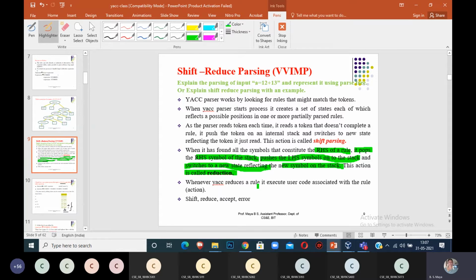When it has found all the symbols that constitute the RHS of a rule, it pops the RHS symbols off the stack and pushes the LHS symbol on the stack.